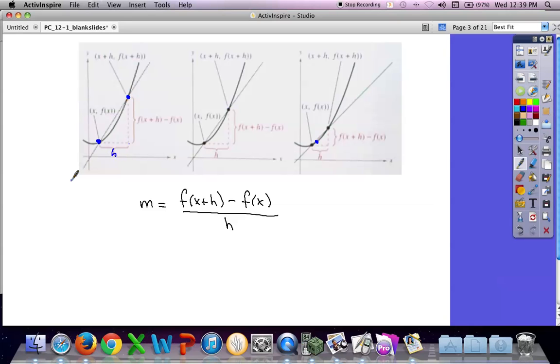Okay, but we would like to see if I calculated the slope there, and then I calculated the slope there, and then I calculated the slope there, and then maybe even there. Maybe I could look at those slopes and see whether it looks like they're approaching some number, right? If they did, then that might be the slope at that point when I actually get there, if I ever could, which I can't. Right? So that's one